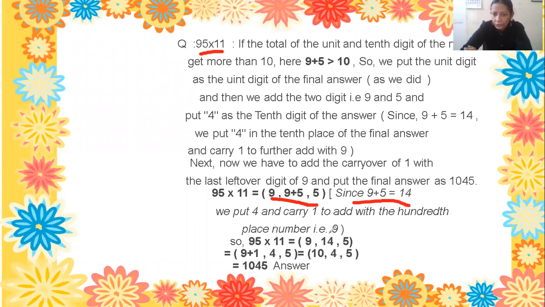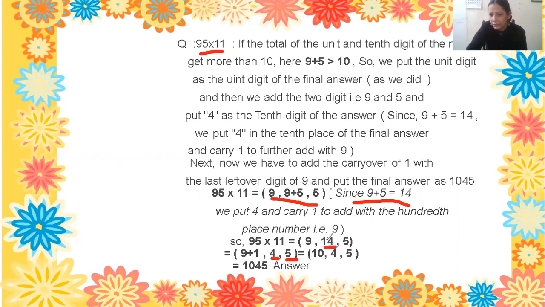But now you have to put this 14 here. You have done the splitting and this is the fill in the blank. So 9, the first number, you will write down as it is. 5 is the last number, you will write down here as it is. Now you can see this 14 is a double digit number, so you can't write down a double digit number in the splitting. So what will you do? You look here, 5 is a single digit number. I have written here 5. Okay, next from 14, what is at the unit place? 4 is at the unit place. So I have written there 4, but this 1 is left here.